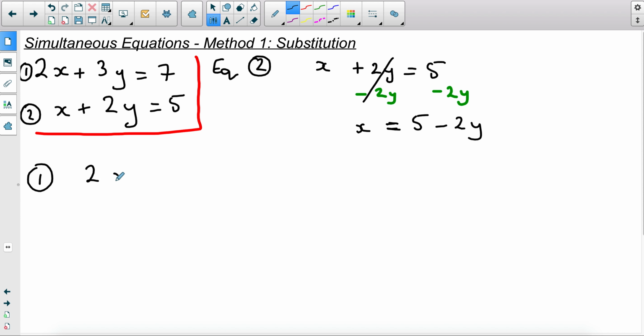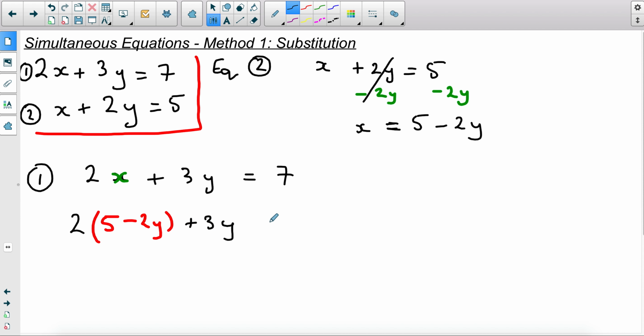Since we used equation 2, I'm going to refer to equation 1 now. Equation 1 has 2x plus 3y equals 7. As we said, we want to reduce the number of unknowns we have, and this time we can reduce it through x. As we said, x can be represented by 5 minus 2y. So instead of writing x, I'm going to write 2 and then plug in 5 minus 2y, because we said that this x is exactly equal to 5 minus 2y. We've established that already, so I am allowed to do this substitution,